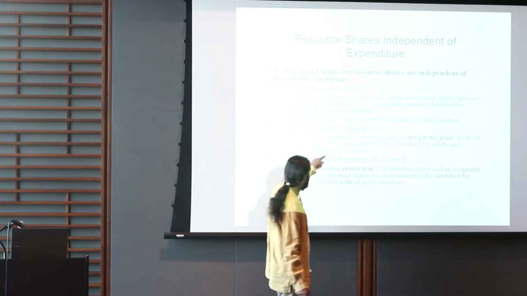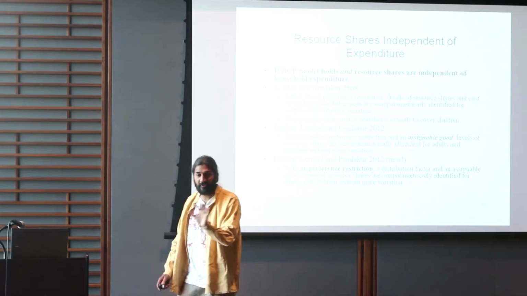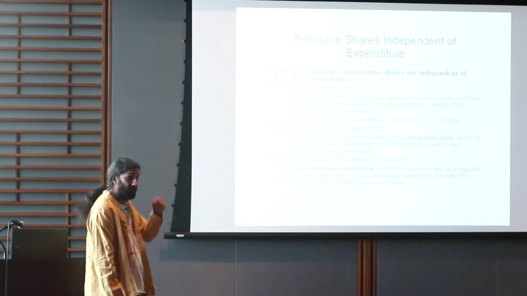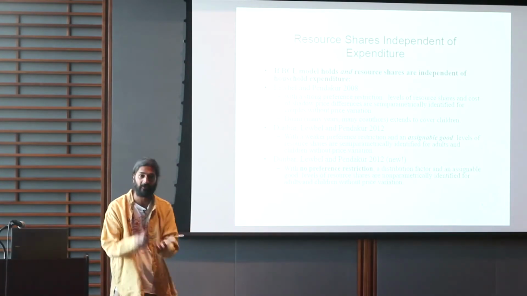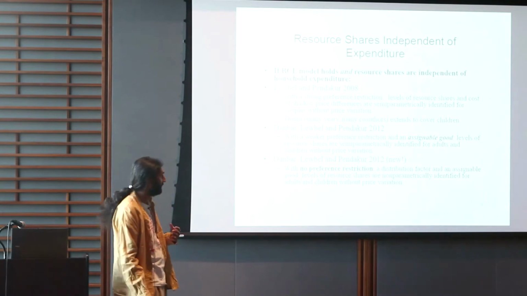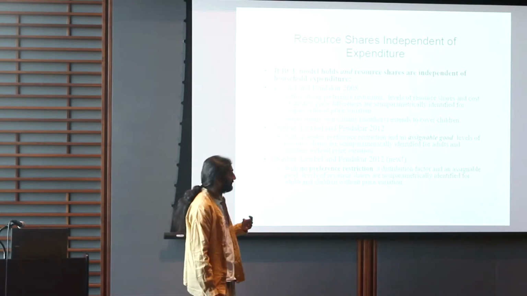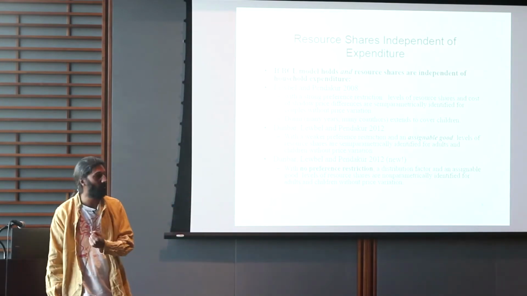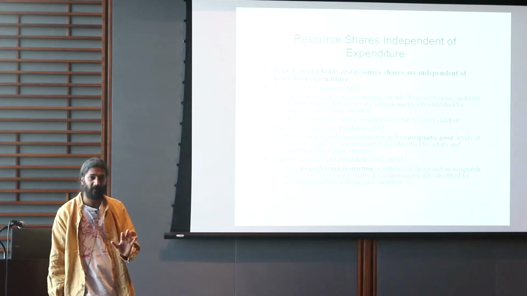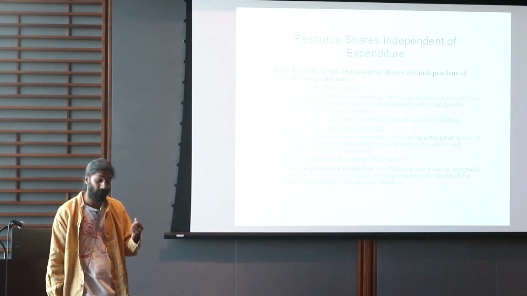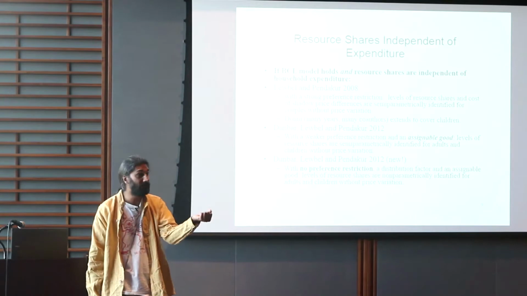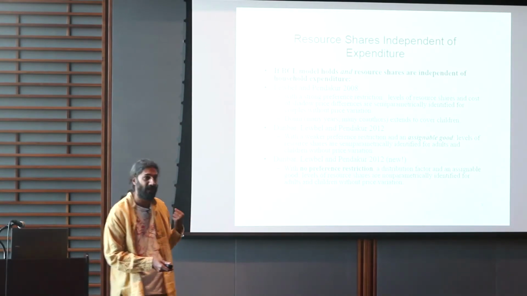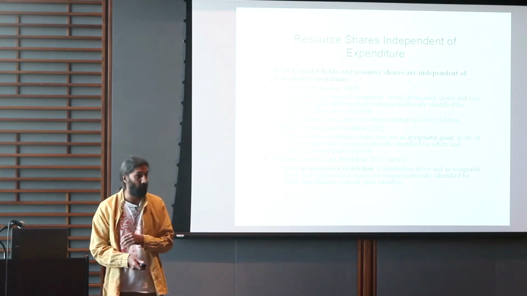for adults and children without price variation. So the key things that we don't need compared to BCL is we don't need price variation. We don't need to observe the variation in prices across individuals. We don't need to observe preferences for anyone. And what that means is that we don't need the restriction that, for example, a man living in a household with a wife and children has the same preferences as a man living alone, or a woman or a child.